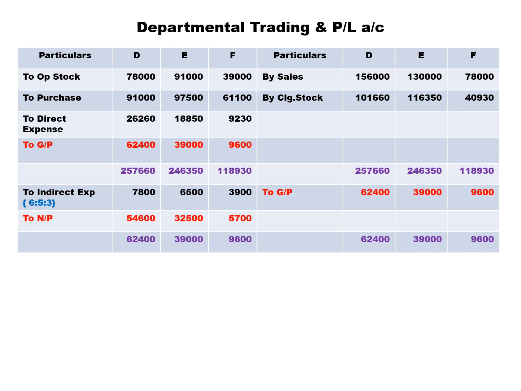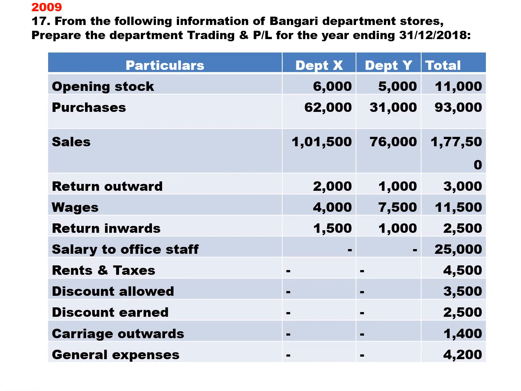Let us work out the third problem of today's class. So students, this is the 17th question as per the series. Let us work out this problem. This problem has come in the 2009 question paper of Bangalore University. From the following information of Bangari departmental stores, prepare departmental trading and PL account for the year ending 31st March